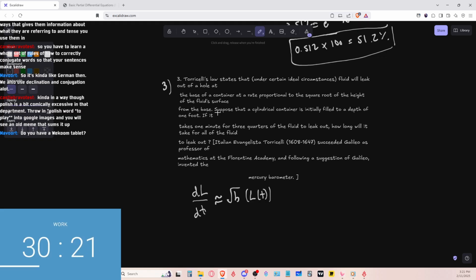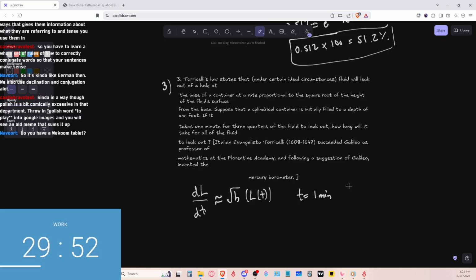Square root of the height. Suppose that the cylindrical container is initially filled to the depth of 1 foot. If it takes 1 minute, so time is 1 minute,